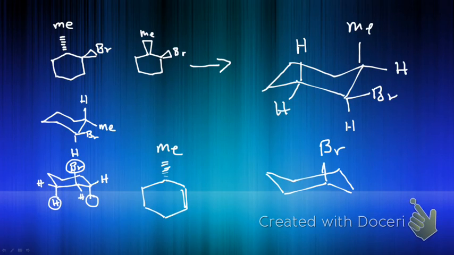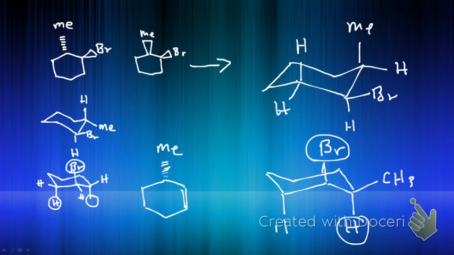And on the beta carbon with the methyl group attached, this hydrogen is now axial. So there can be an elimination on this side, and there can be elimination on this side. So here's my alpha, these are my two betas. Okay? Now, when you think about the possibility of doing elimination on both sides,